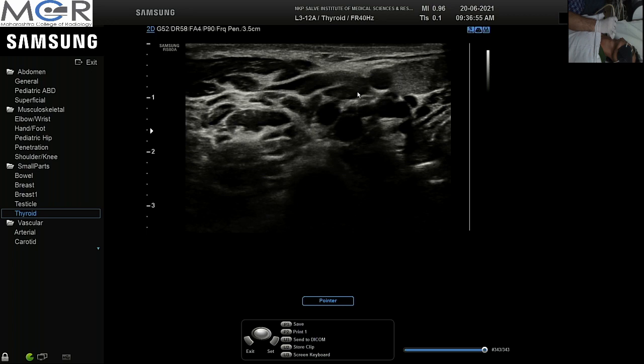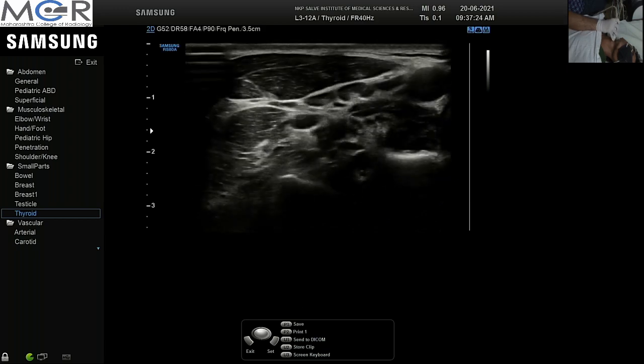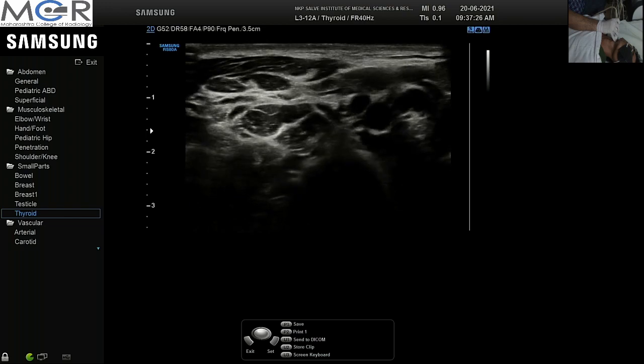But we should not forget that there is the jugulo-digastric node here, and this can also become necrotic and big and appear cystic. So in an adult we should also keep in mind the possibility of a necrotic lymph node, most commonly from papillary carcinoma of the thyroid. If in doubt, if it shows features of malignancy, then we can always go for an FNAC. So this is the classic site for that.